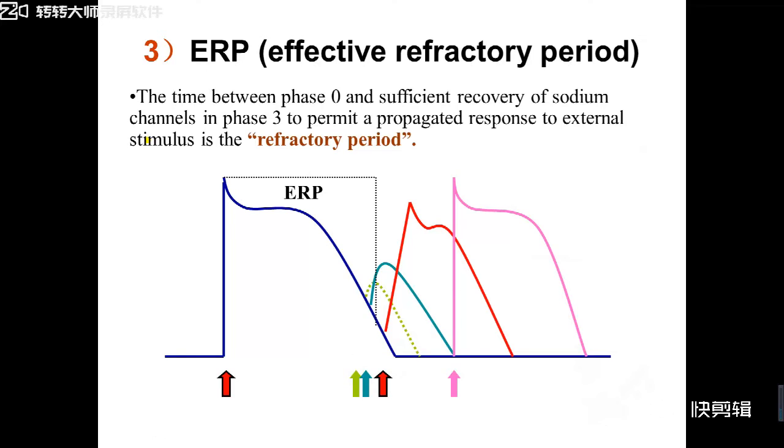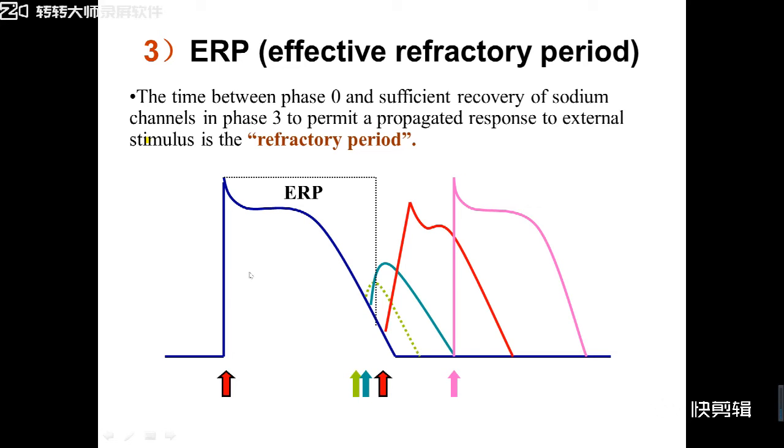Next, the characteristic of cardiomyocytes is ERP. The full name of ERP is effective refractory period. ERP means the time between phase 0 and sufficient recovery of sodium channels in phase 3 to permit a propagated response to external stimulus, which is the refractory period. So from this sentence, we know the ERP, effective refractory period, is from phase 0 to phase 3. This period, we call this